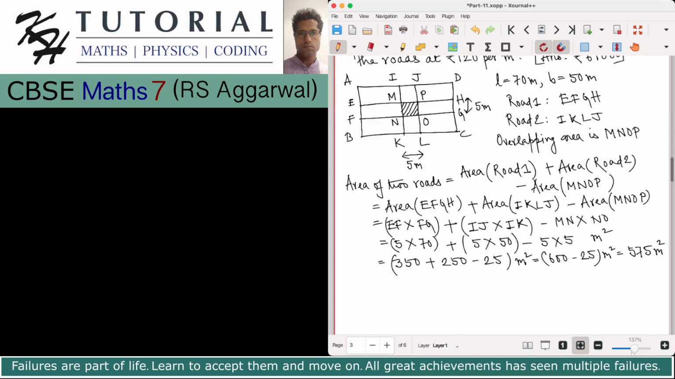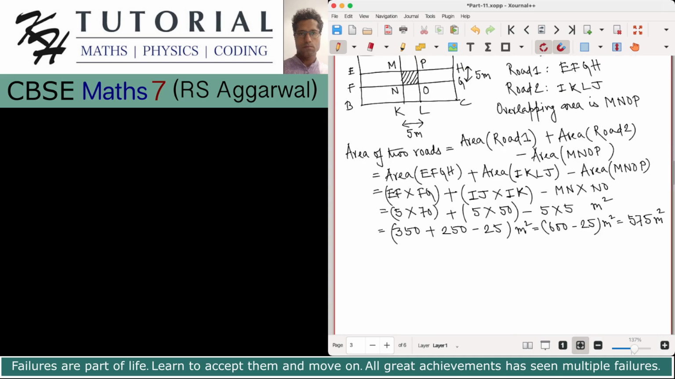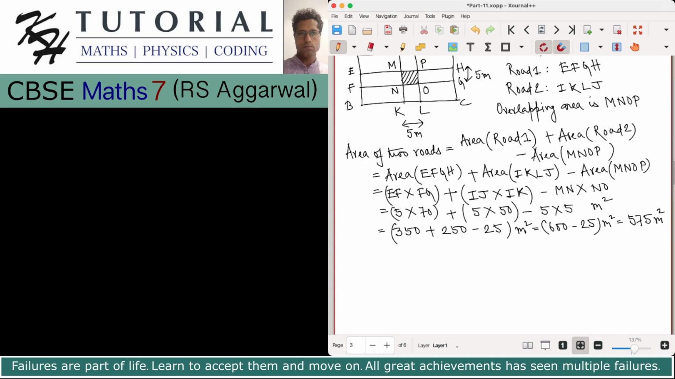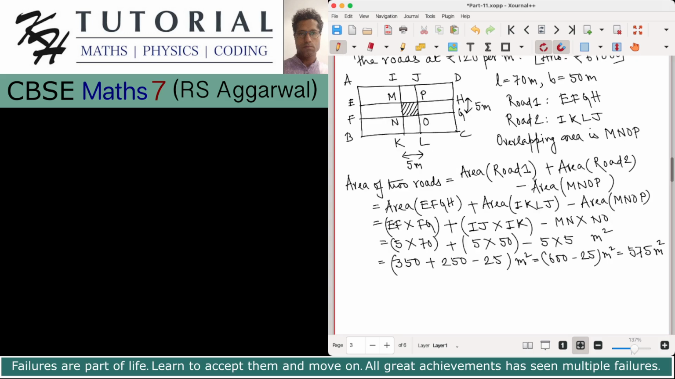575 meter square is the area of the two roads. So now we have to compute the cost of making the roads. The rate of making the road is given to be rupees 120 per meter square. Okay, so we can say cost of